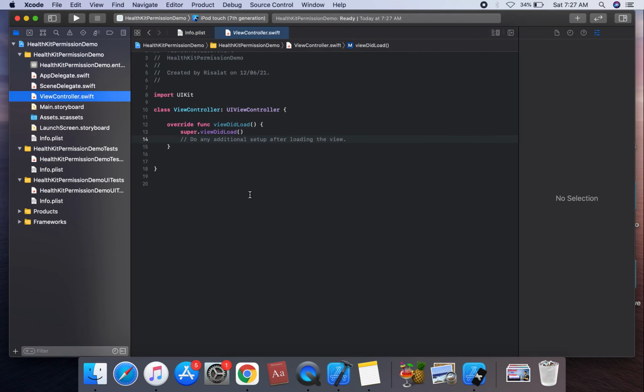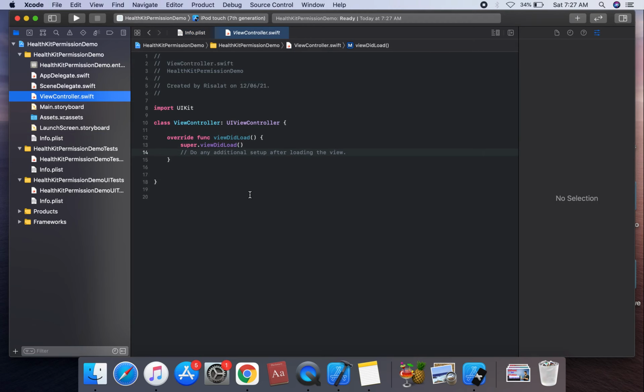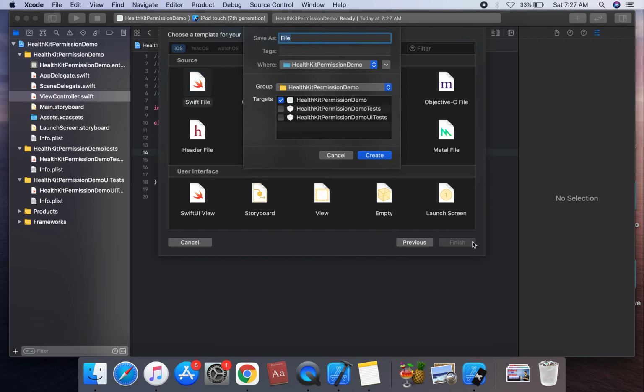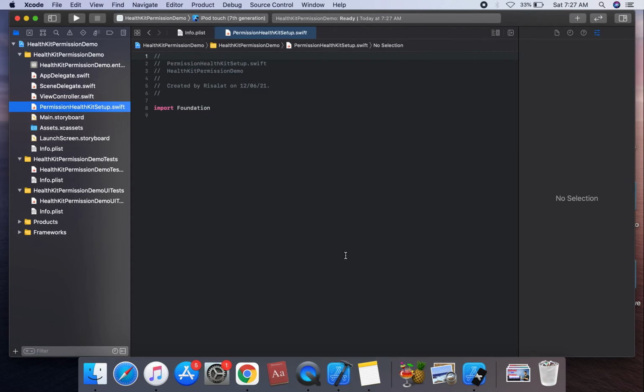Now we're going to create a new class, a Swift file, named PermissionHealthKitSetup.